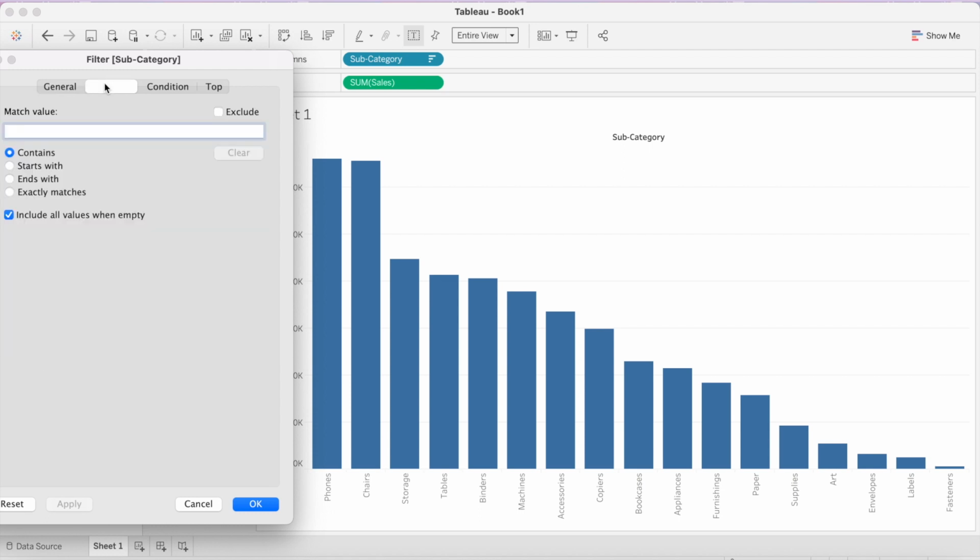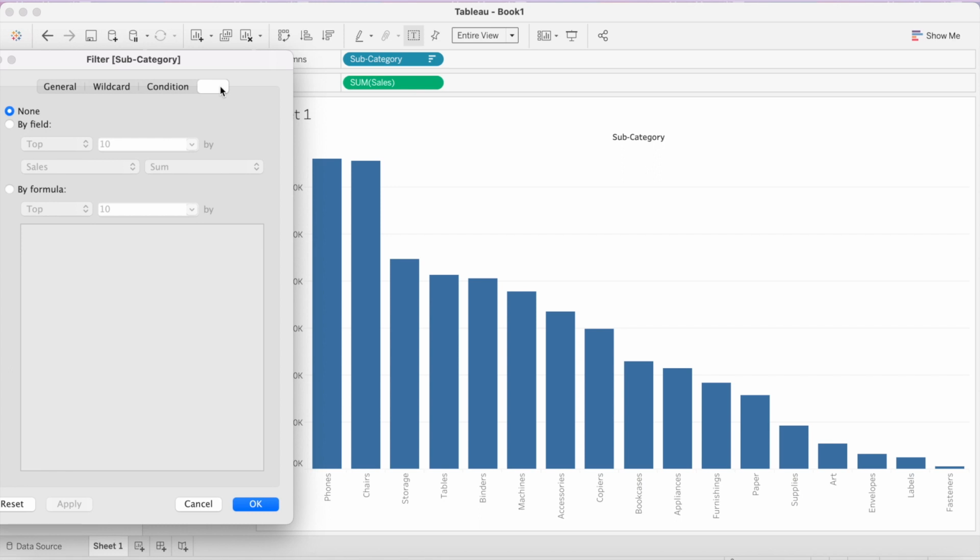So here you have other options like wildcard, condition, as well as top. In top, if you want to see only the top 3 or top 5 subcategories by sum of sales, you just need to select top by field. Here you have option of top as well as bottom.